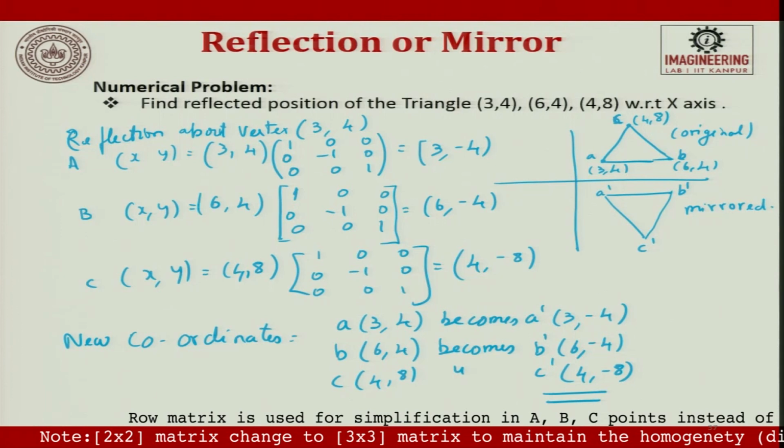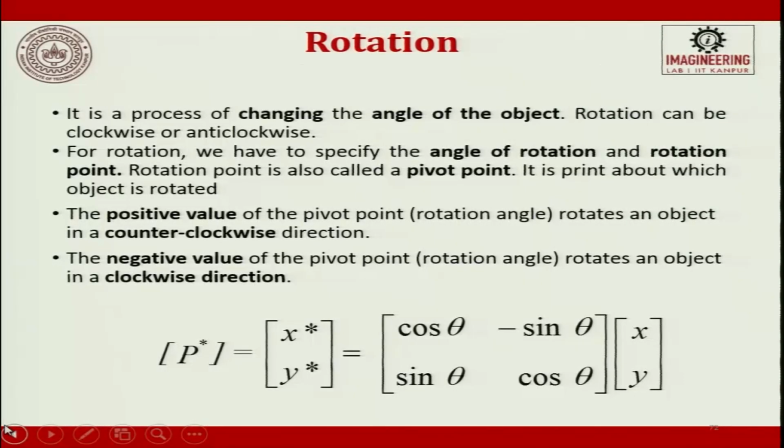So, we have seen the third transformation. First translation, next we saw scaling, and the third one we saw mirroring. The next transformation in CAD is going to be rotation. If I know how to linearly transform an object or rotate an object in 2D space or 3D space, then I can do any type of transformation of the object.